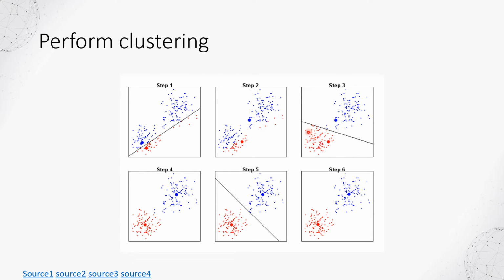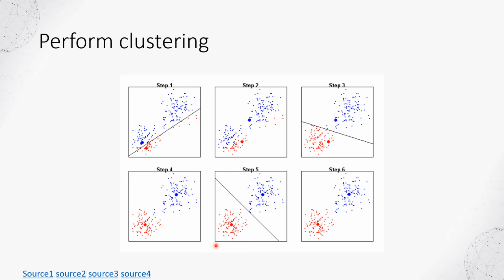And after that, same as step 2, we reposition our centroids. So we have the red cluster here, and we calculate the average of the points for this cluster. So we find a new red centroid here. Same as the blue one, we calculate the average of the blue points and find the new centroid for the blue cluster here. And after we find the new centroids, we will